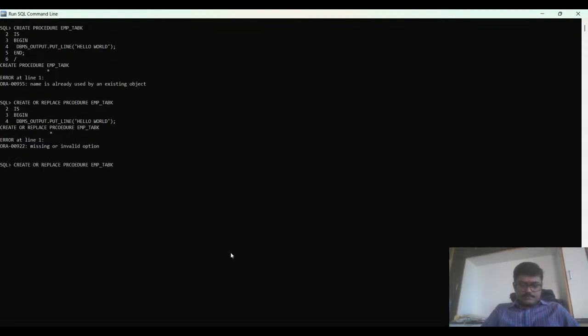procedure spelling mistake coming every time. Procedure is begin dbms_output.put_line('hello world'). Now close the block, procedure or block. Now the procedure is created. So as we already told,